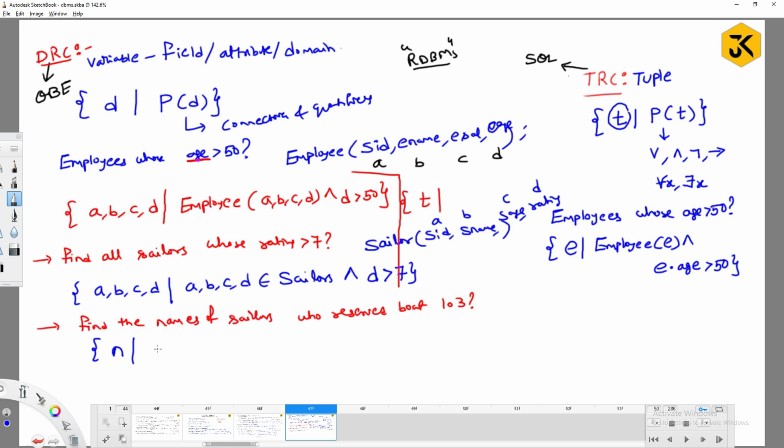And as I have given the schema there directly, I will take that, right? So what is the name I am expecting? B, and those should belong to A, B, C, D, which compulsorily belong to sailors. And what do you have to do? You have to check in the other table. What is the other table? The reserves table, right?